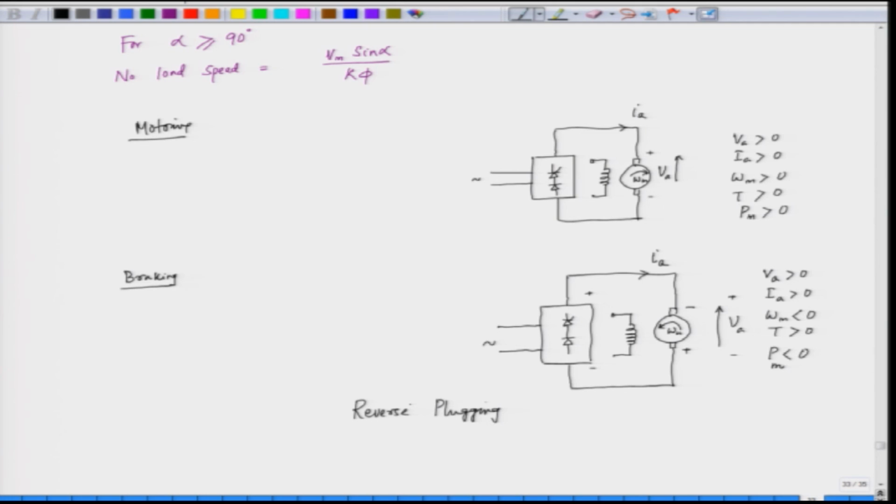So, in case of a half control converter, we cannot achieve regenerative braking, because the converter cannot reverse the voltage, neither the current can be reversed. So, the braking energy here, when the motor is being braked electrically, is wasted in the armature resistance. So, this is the limitation of half control converter. We have forward motoring, but we can only have reverse plugging. So, we conclude that today's lecture will continue in the next lecture.